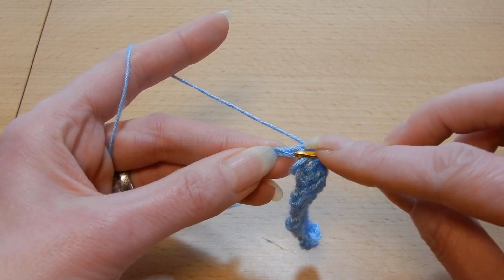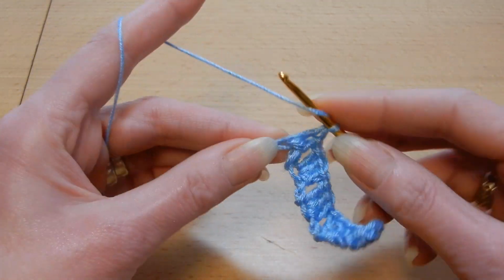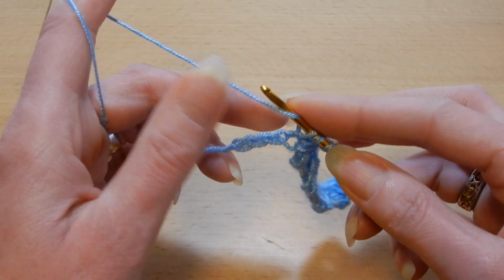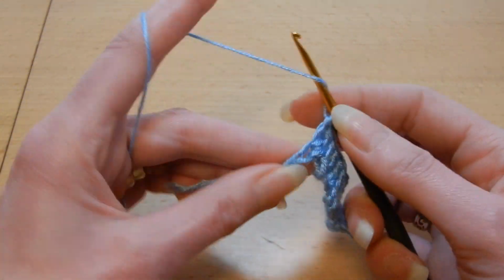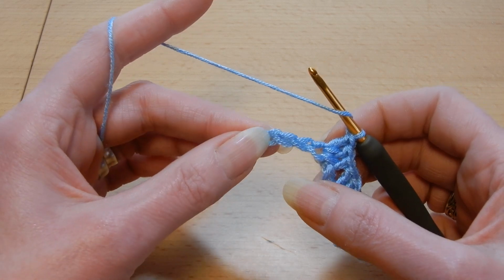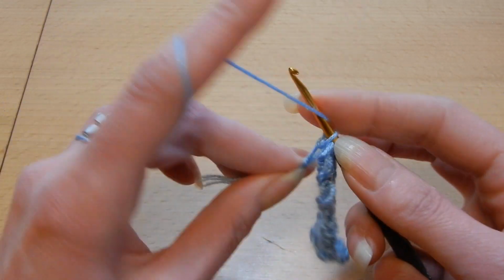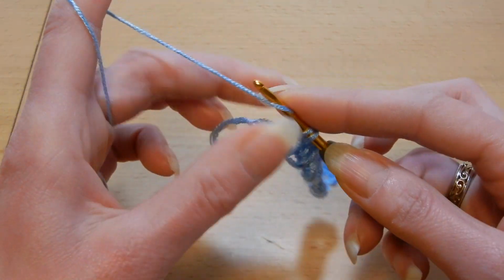3 chains. So 1, 2 and the third one. So you're gonna skip the next 2 chains, and in the last one, the third, we're gonna do 3 double crochets. So 1,